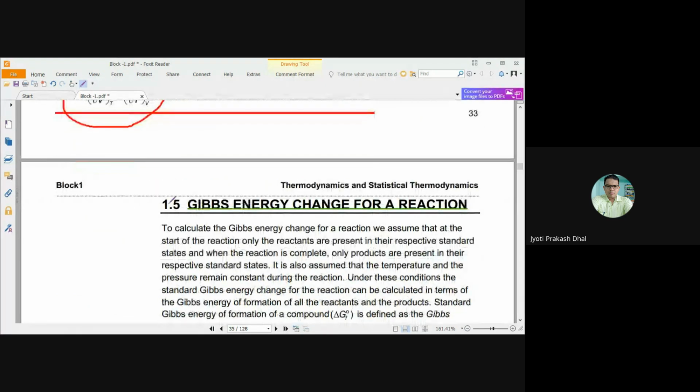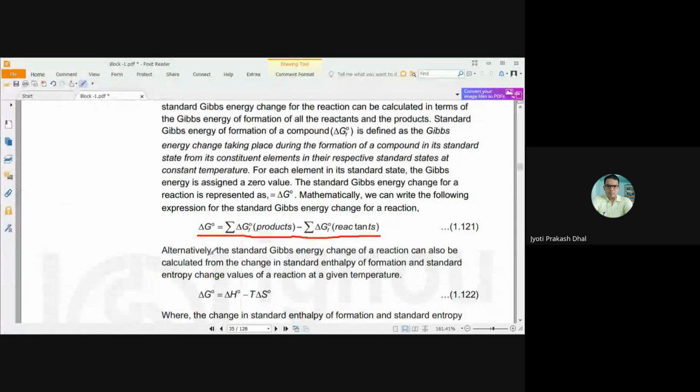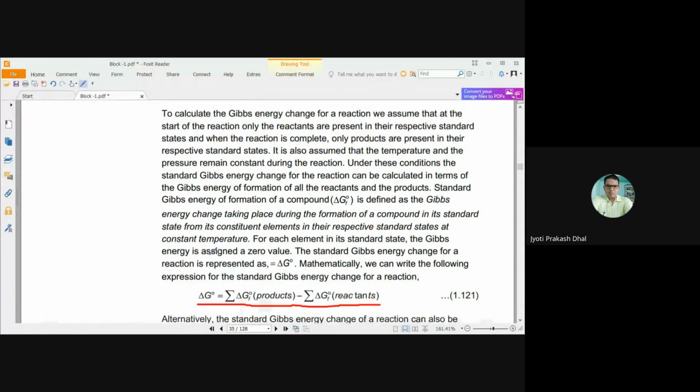So this may be a 4 marks question. Now coming to Gibbs energy change for a reaction. If we consider the Gibbs energy change for any type of chemical reaction, then you have to consider the standard Gibbs energy of formation of the compound, that is called del G F naught. It is defined as the Gibbs energy change taking place during the formation of the compound in its standard state from its constituent